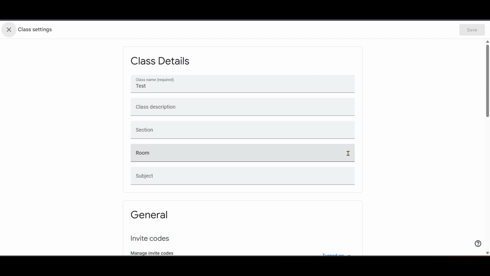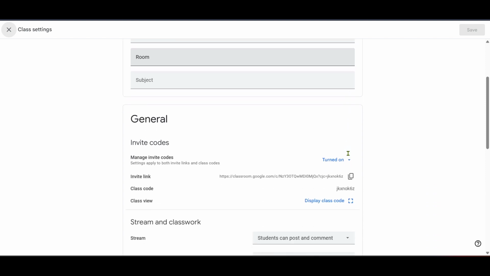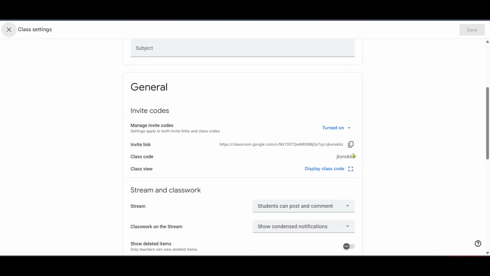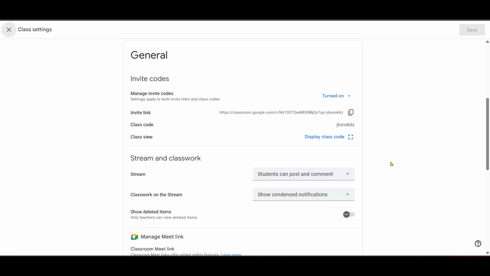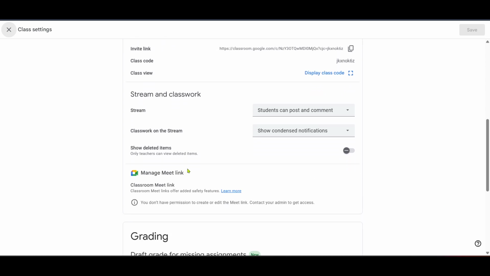While still in Settings, direct your attention to Manage Meet Link. Clicking on this option will allow you to generate a unique Google Meet link that will be exclusive to your class. This link is essential for initiating virtual meetings, providing a secure and straightforward way for students to join meetings